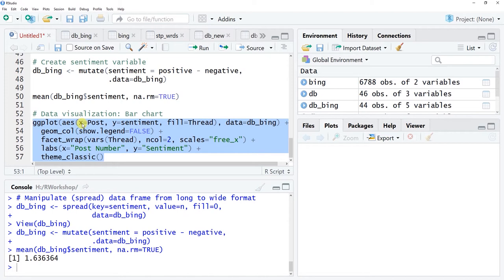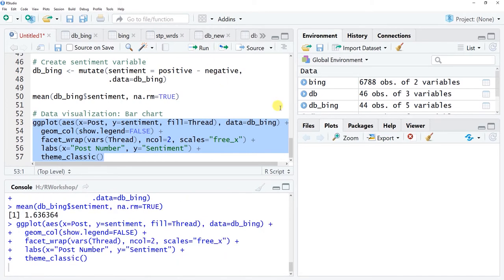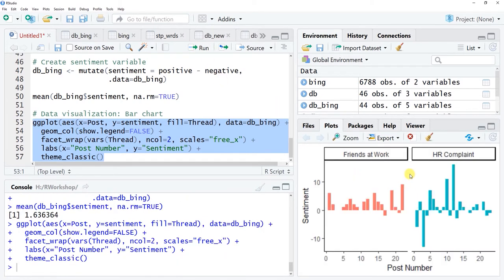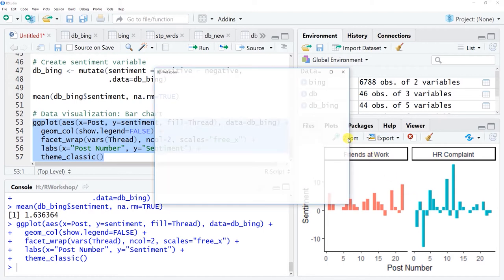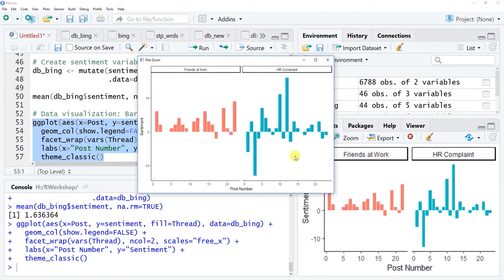So I'm going to run this whole chunk here. Okay, so here is our plot. I'm going to zoom out here. All right, so what do we have here? Well, we have the two bar charts. Remember, this is one for each thread. So we've got the Friends at Work thread, we've got the HR complaint thread, and then we have the post numbers here. So these are the posts ranging from 1 to, I think, 22 or 23 for each one of them. And so you can see the overall sentiment, which remember is positive words minus negative words per each post